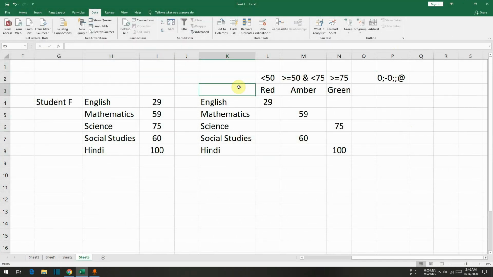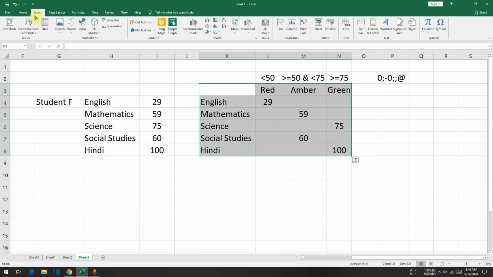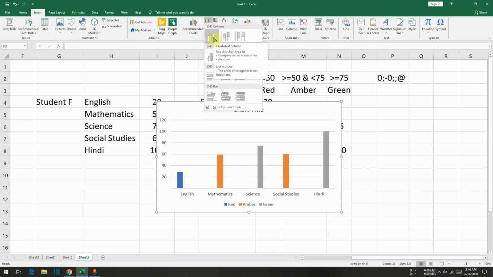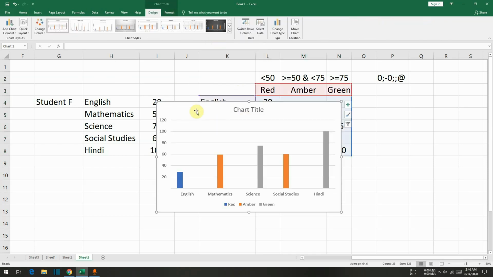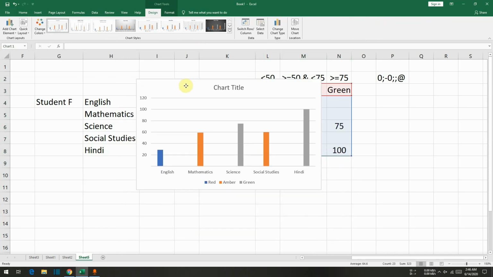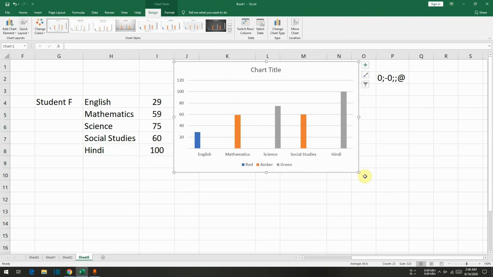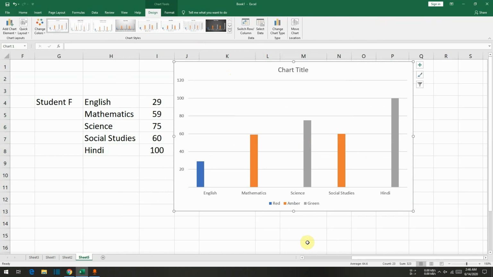What we have to do is select the data set and click on Insert. Here I will be using the bar graph. Okay, I can also make it big. Let me make it big so that it's here. Okay, so we have to do 2 or 3 things to beautify our chart.